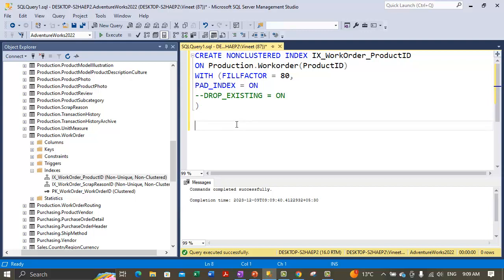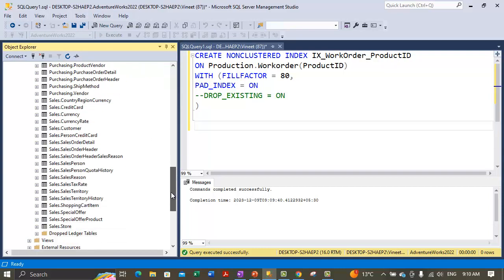So in order to modify the index, we alter the index. So we should write the alter index statement, and we are not altering the same index. Let's try to alter some other index. So let's try to find out some other indexes in other tables. So let's take the sales